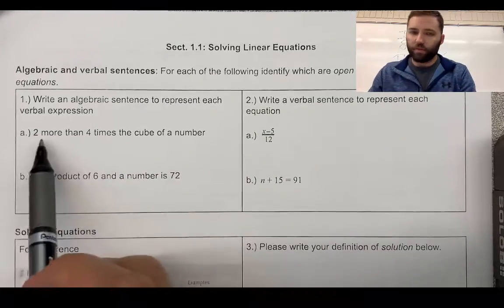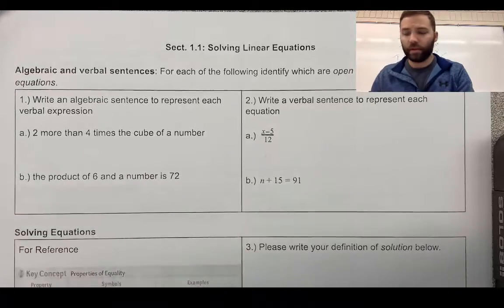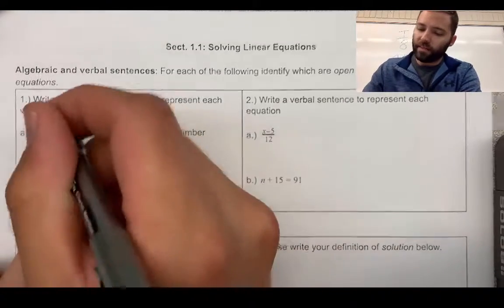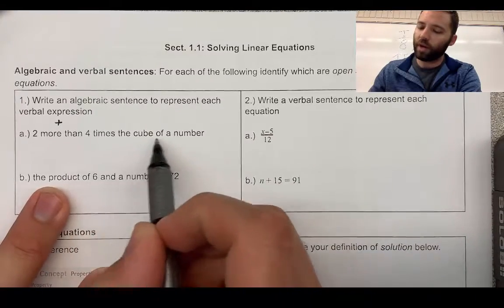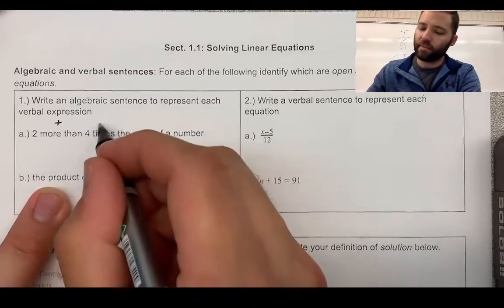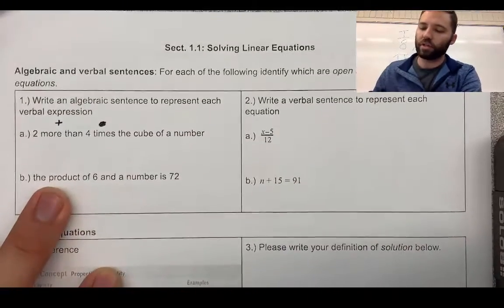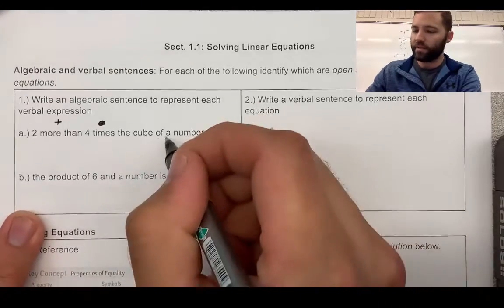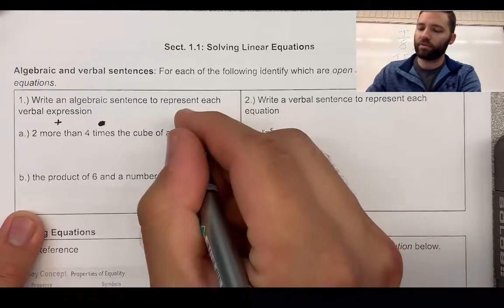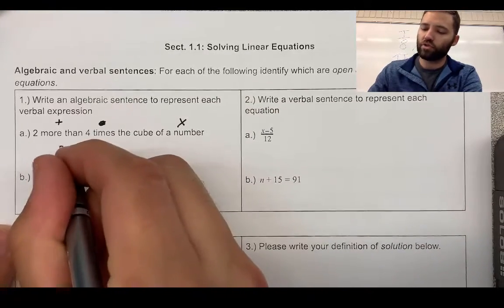We have this sentence here, 2 more than 4 times the cube of a number. And so whenever I see more than, I'm thinking plus. 4 times the cube of a number. Okay, so 4 times, that's implying multiplication. Or maybe we should use a dot. So 4 times the cube of a number. That means the third power. And anytime we see a number, typically we're thinking a variable. So maybe we think x. Okay, so we have 2 more than. So that's 2 plus